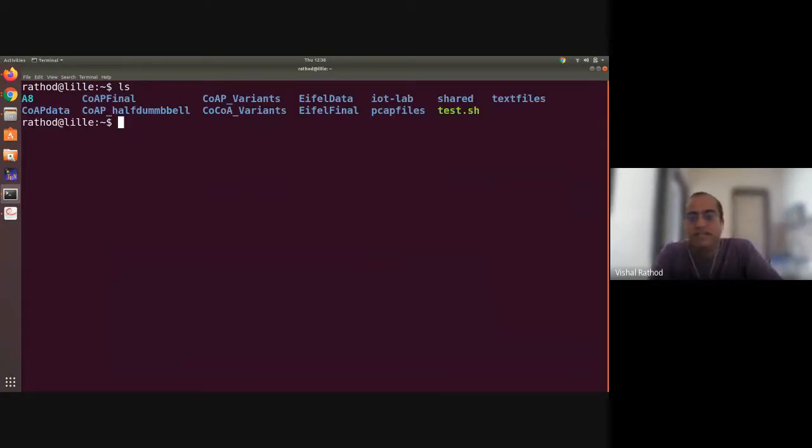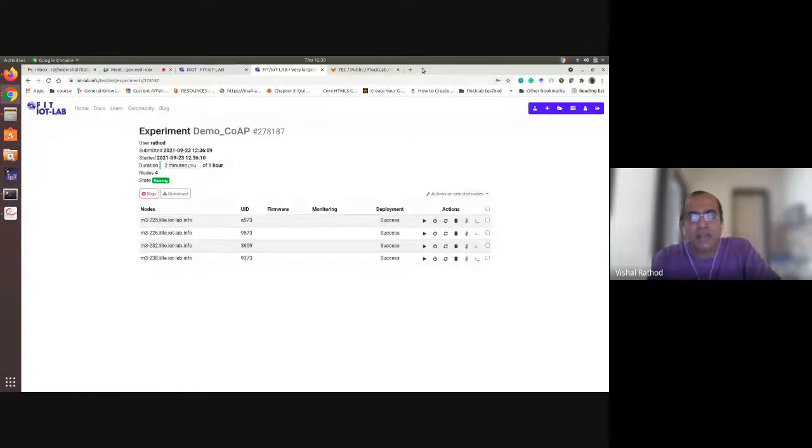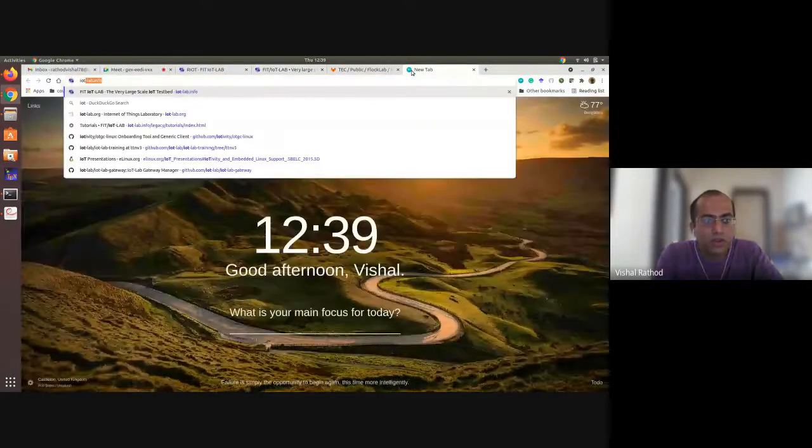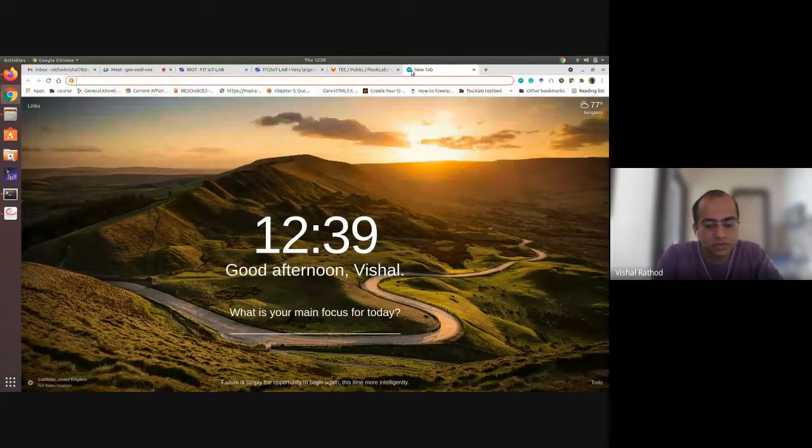Now you can see that if you are a first time user, you will get only the I8, right? You don't have an IoT lab. So what you have to do, you have to clone the IoT lab GitHub repository. Let me search.